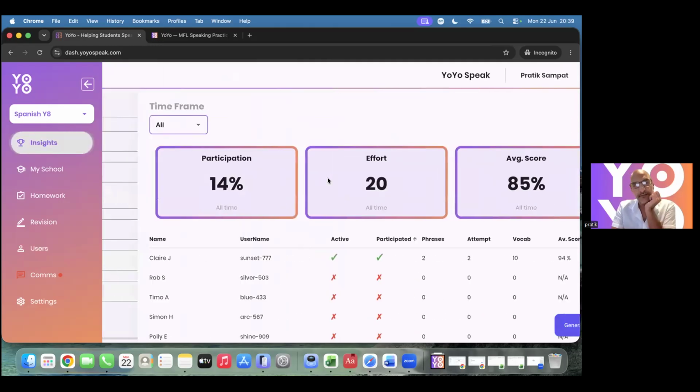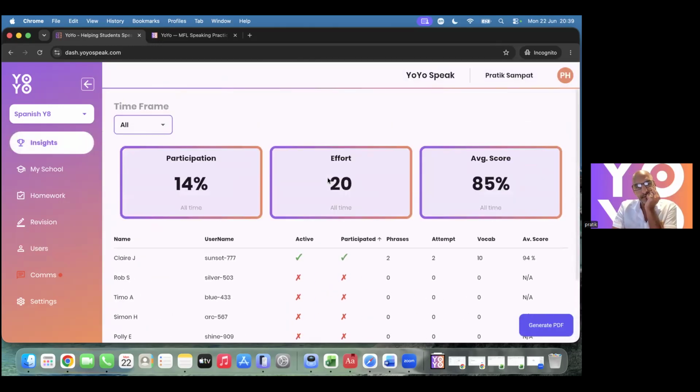Fantastic. And then the next question, which is not one that anyone's put in the chat: if you had a year 7 class who would then all move up to year 8, is that process simple to transfer the information, or is there anything that teachers have to do? Or if you have mixed ability in year 7 and then they're in sets in year 8, is it easy to carry on the scoring, the percentage, and the progression that students have made from one year group to the next?